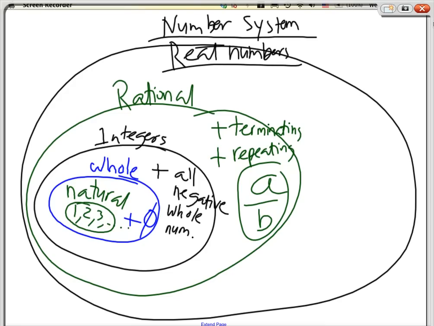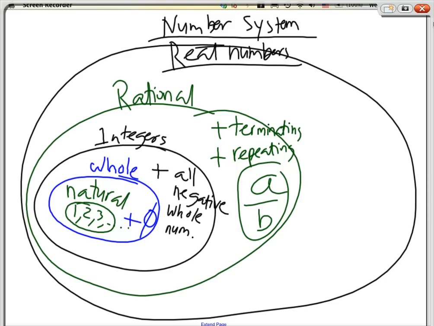And I said terminating decimal. We just got that case. 1.5, we convert it back to 3 over 2, which is a fraction. Repeating, you gave me 0.33, which is 1/3. It's also a fraction. So notice that any number that can be written as a fraction is called rational. But let me answer this question: can any rational number be a whole number? No, because if it's a decimal, it won't be a whole number, right? See it? 2.3, even though it can be converted back to a fraction, is it a whole number? No. So it's not working like that. Be very careful when you classify your number, and we'll take a look at it in a minute.